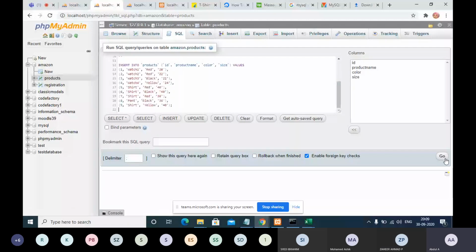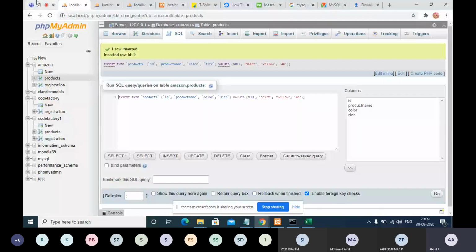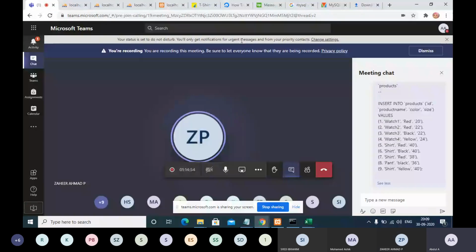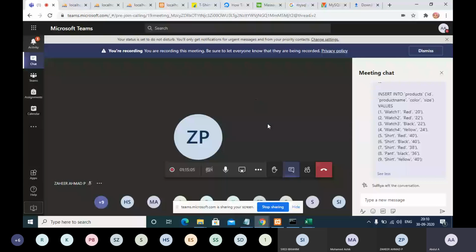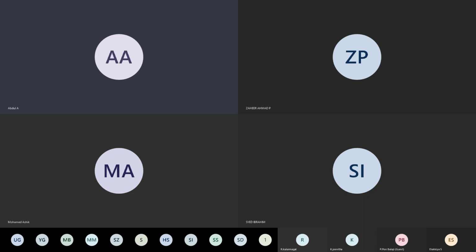So you will have one table created, and after that you can start executing the queries. So these are the things from my end today, guys. Let's continue tomorrow. Please come after doing some exercises on the same things we have done today. If you have any queries, you can ask. Otherwise, we can leave the call.